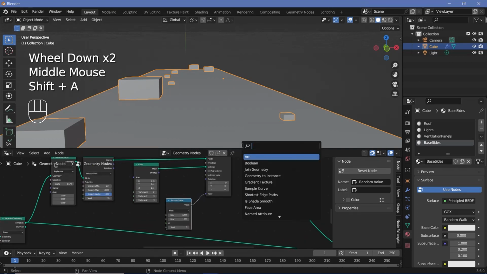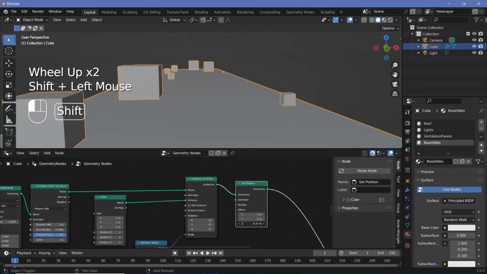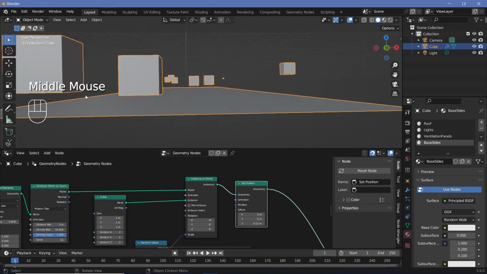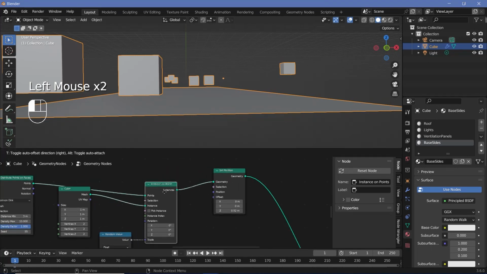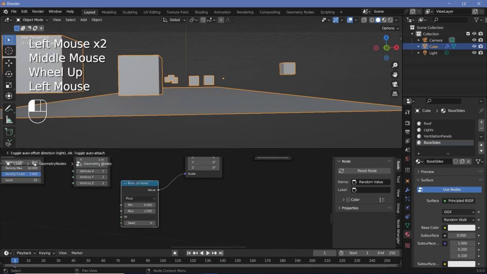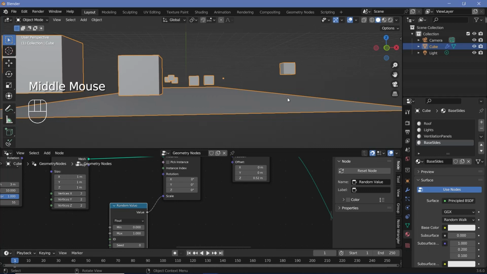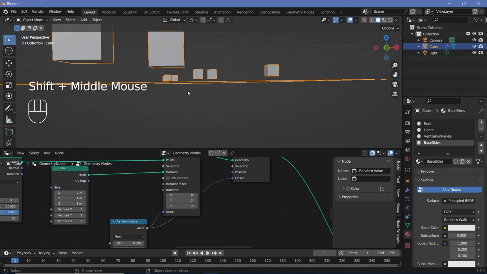If we were to use a set position node and just set it after the instance on points node, you see we can move all of them up, but then some of them will be floating if we just get the biggest ones to be on the plane. So we have to change this offset value based on the actual size of the cubes. So we already have the size of the cubes from this random value. So we can just search for a few nodes in between to make sure that all of them lie flat on the plane. If we directly plug this into the offset, we'll see that they're going up too much and